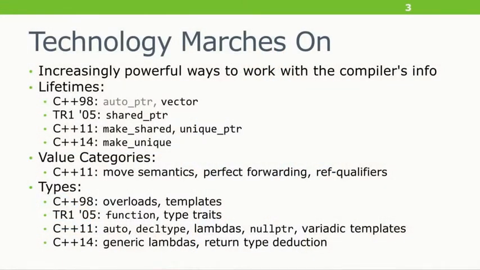In C++14, we have generic lambdas where you can say this lambda just accepts arbitrary stuff, and it's going to have a templated function call operator. Or you can give ordinary functions the same trick that lambdas got in C++11 and get automatic return type deduction. The compiler knows your return type. You say return expression. It knows that type. Yet you have to repeat it up at the top of the function because that comes first. Now you don't with return type deduction. We'll see an example of that.